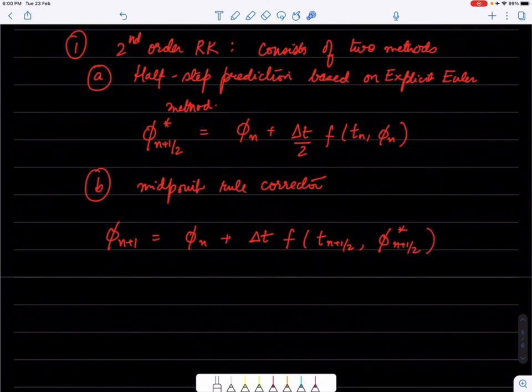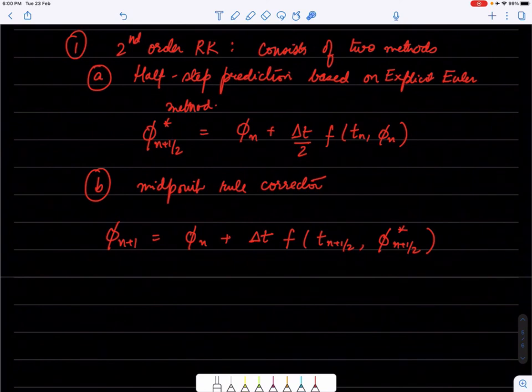So as you can see, I have used the data at the integer time step to predict the function value at the intermediate location, and using that intermediate location value I then estimate the slope at that point, and that slope is then used to make the prediction for the